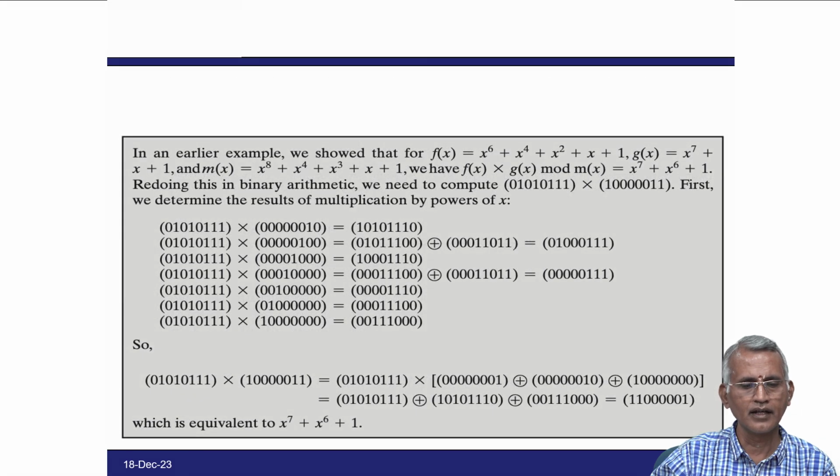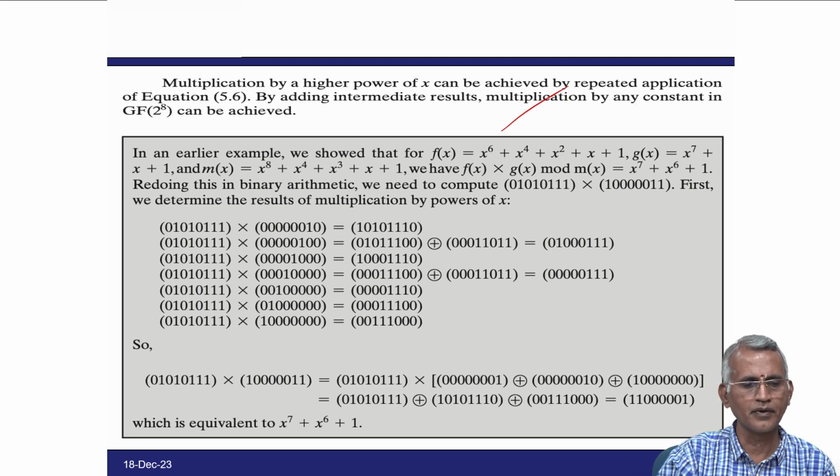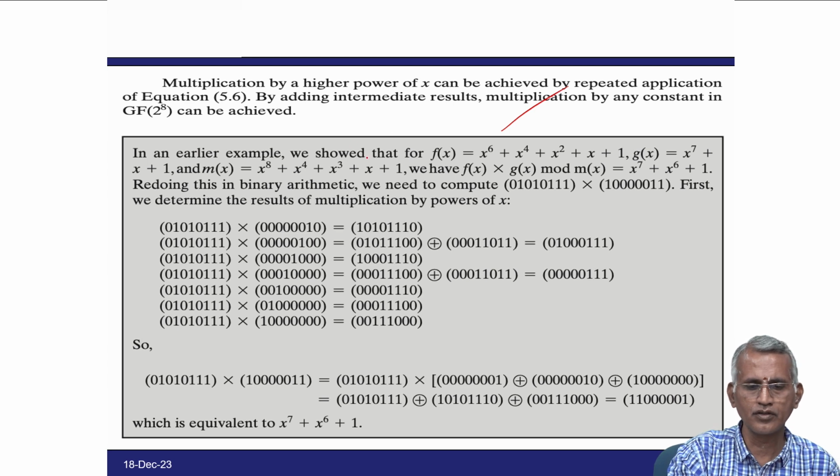In an earlier example we showed that f(x) equals x^6 + x^4 + x^2 + x + 1, and g(x) equals x^7 + x + 1, and m(x) equals x^8 + x^4 + x^3 + x + 1. So, from the repeated application of equation 5.6, by adding intermediate results, we have that multiplication in GF(2^8) can be achieved. Now, f(x) is converted to binary bits